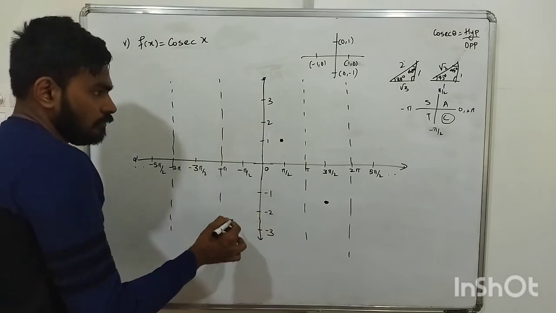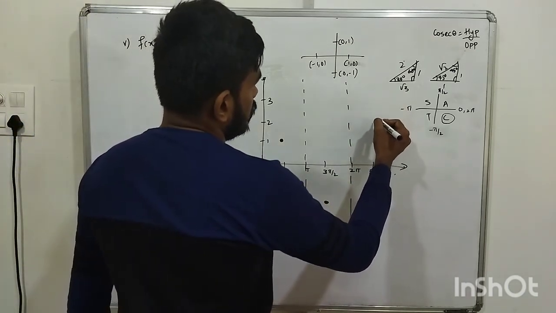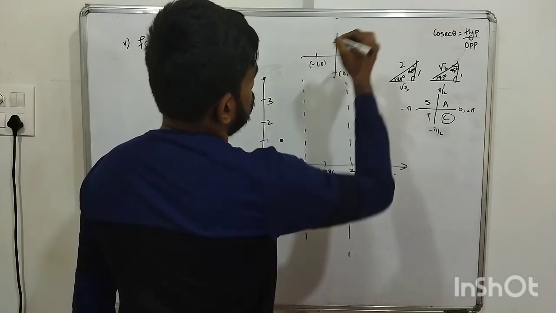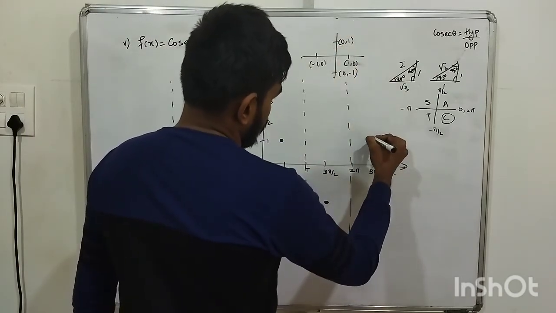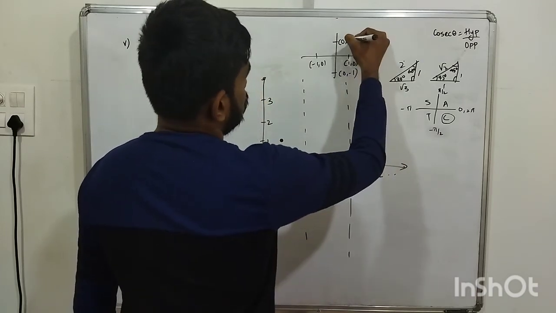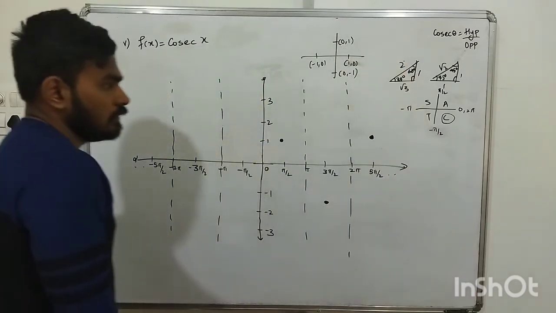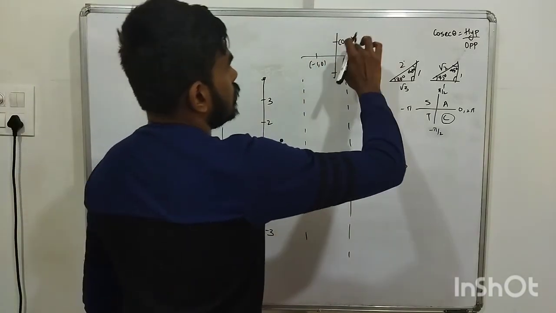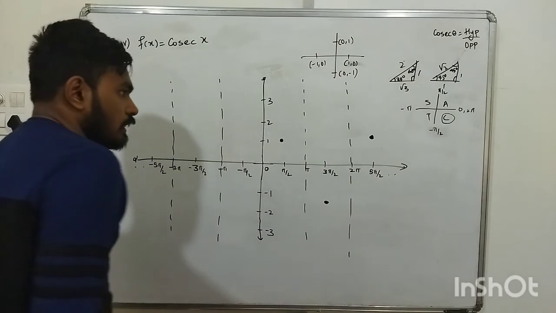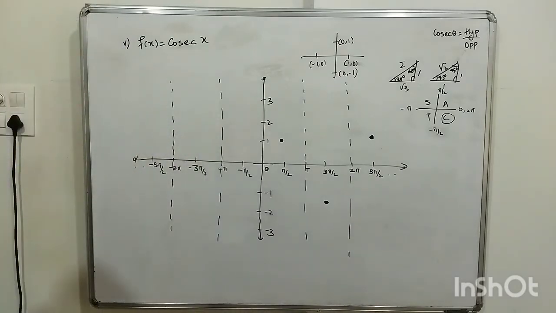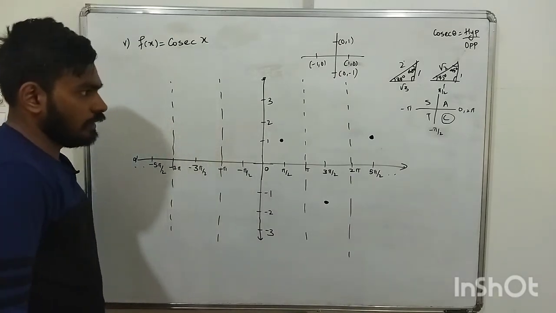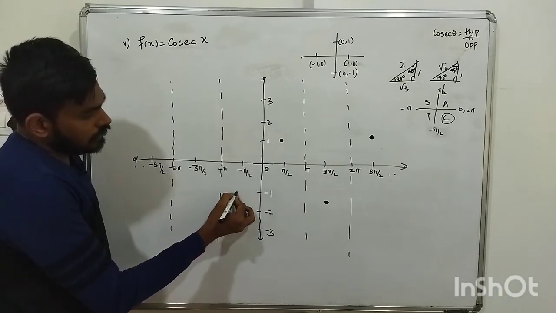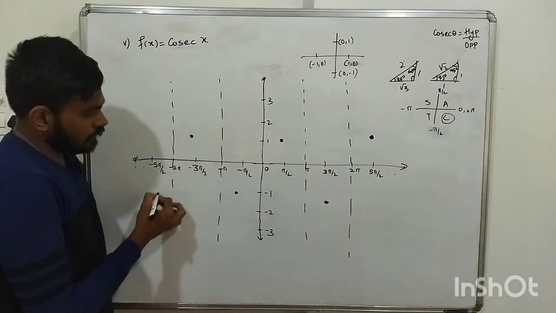Similarly here, cosec of 5 pi by 2 will be here again, correct? So 0 to 1 will be here. Sine of 5 pi by 2 is sine of 450 degrees. Sine of 450 degrees is 1, so the reciprocal of it will be 1 upon 1. Next, here it will be down here, here it will be top here, as you all know.